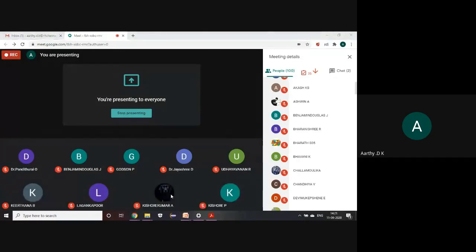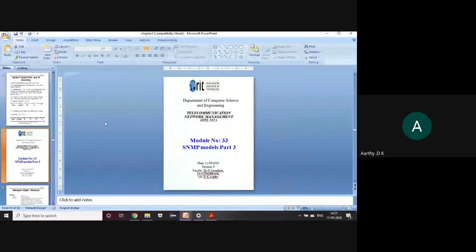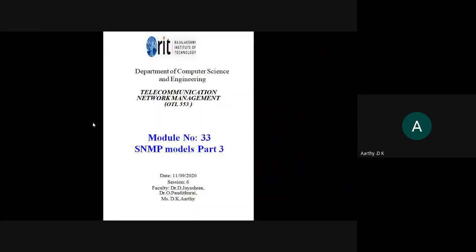Next, in the information model, we were looking at how to name the object and which syntax it follows. It follows the ASN.1 syntax and how the data is encoded. Till that we saw. Next will be continuing your information model.